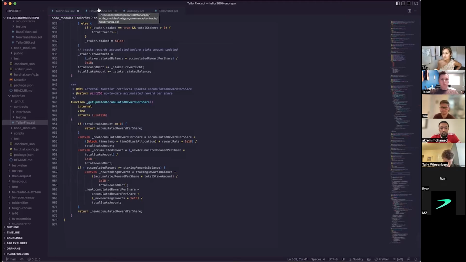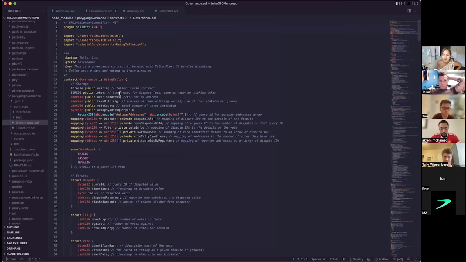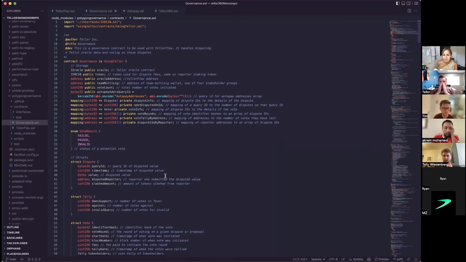I guess we can move on to governance. Sure. So governance, again, has a couple of storage variables up at the top. You can see one of those variables is an autopay addresses query ID. So, disputes in governance